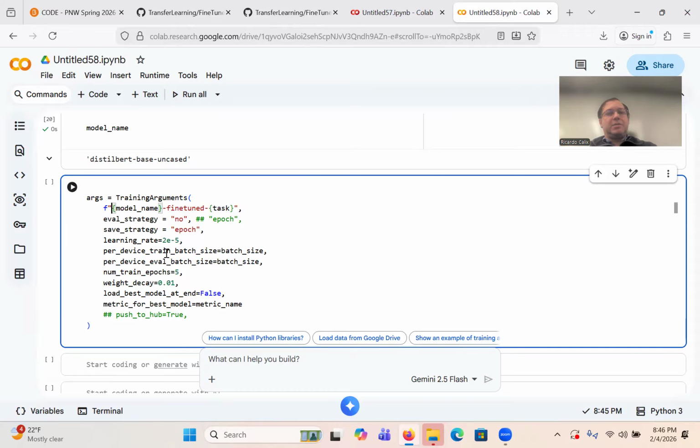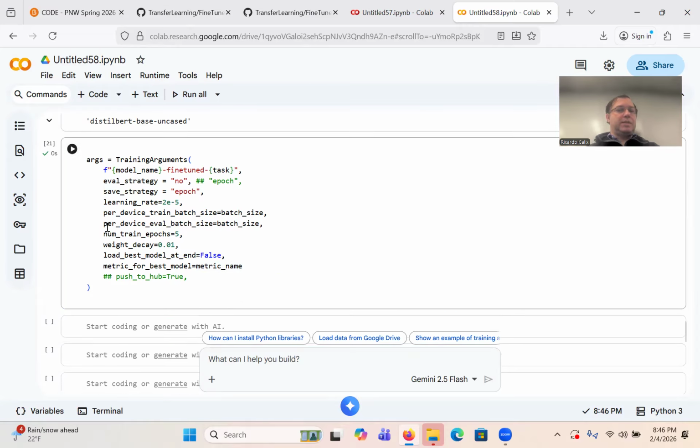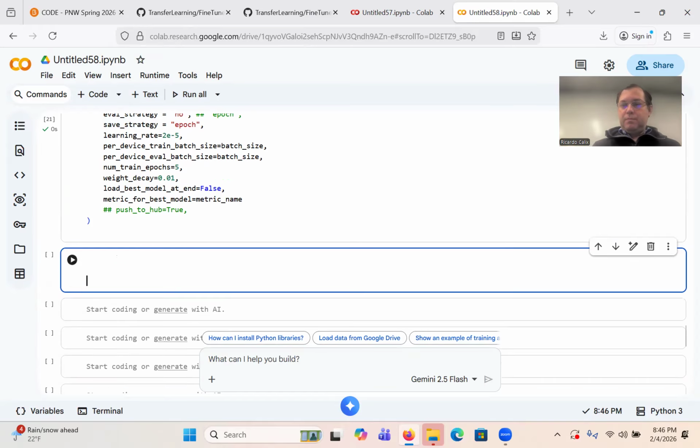Model name, fine-tune the task, eval strategy, just default parameters: learning rate, the batch size, number of epochs is about 5 epochs, and a few other techniques, weight decay, etc. So you can play with these parameters. Metric name is accuracy, right? Okay, so that's defined. Good.